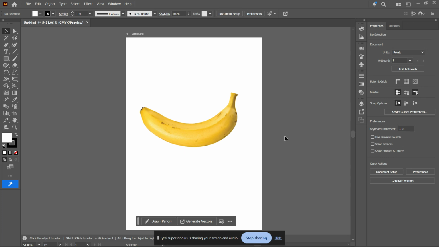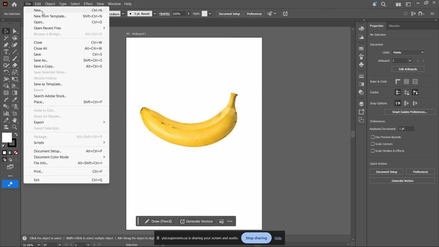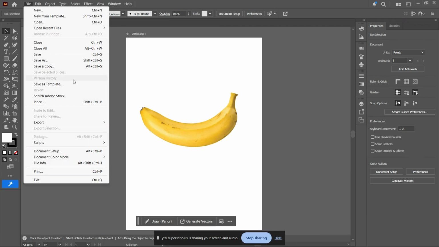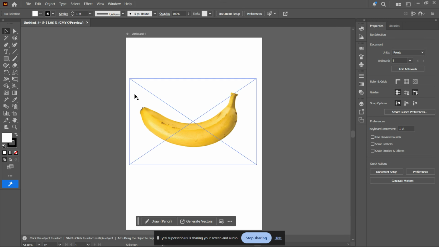Let's get started. First, open Adobe Illustrator and create a new document. Once you're inside your workspace, the first step is to place your image into Illustrator. Go to the top menu and click File, then choose Place. Locate the image you want to turn into a silhouette, select it, and click Place. Click on your artboard to insert the image at its full size, or click and drag to scale it as